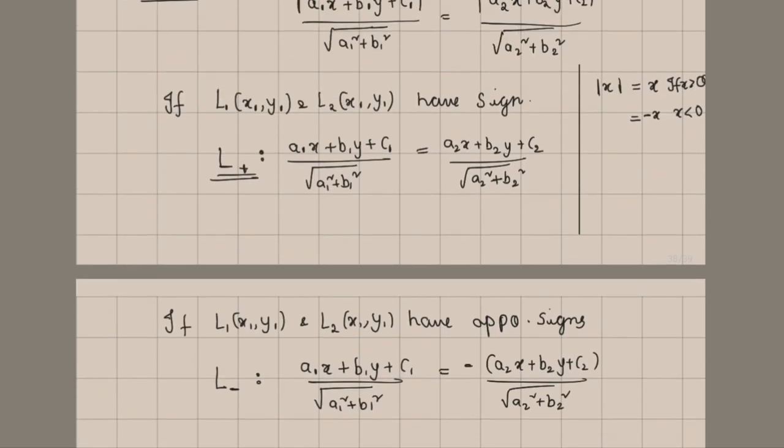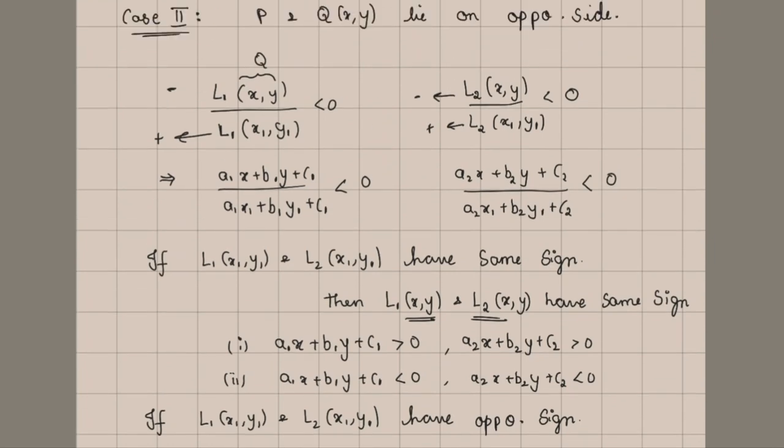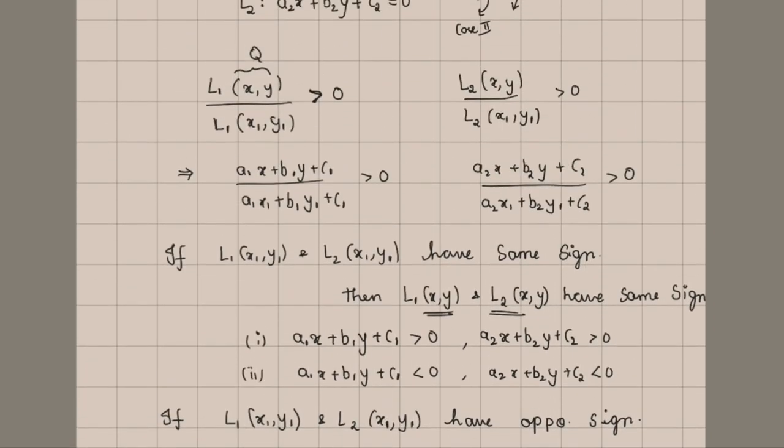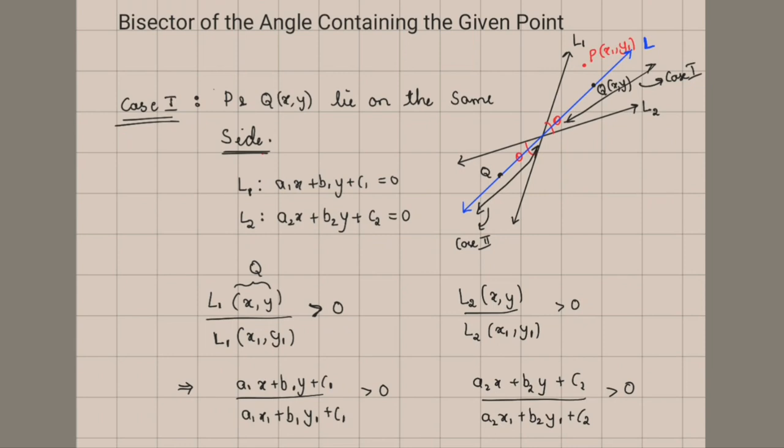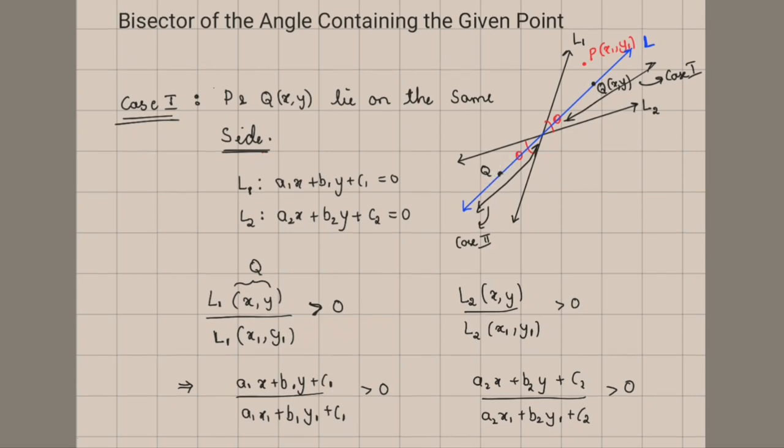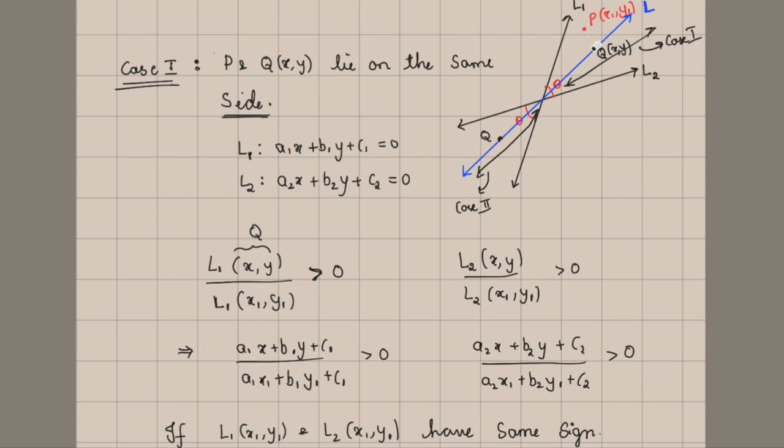So the result is simple. The proof is so simple, but it includes so many cases, so you may get confused. Let's do a quick review of what we have done here. We need to find the bisector of angle theta, which contains the point P. We have taken any point Q which is on line L. We have two cases: where this point Q lies in this region, and where this point Q lies below the region. In case 1, as the points P and Q are on the same side of L1 and L2, you get this result.